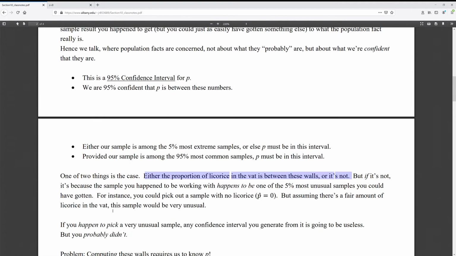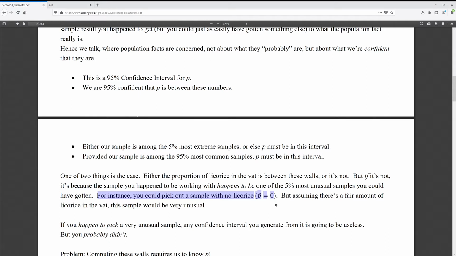So where do we leave off here? Either the proportion of licorice in the vat is between the walls or it's not. But if it's not, it's because the sample you happened to be working with happens to be, through sheer bad luck, not bias, just through sheer bad luck, one of the 5% most unusual samples you could have gotten. You could pick out a sample with no licorice, even though half the vat is licorice, and so forth and